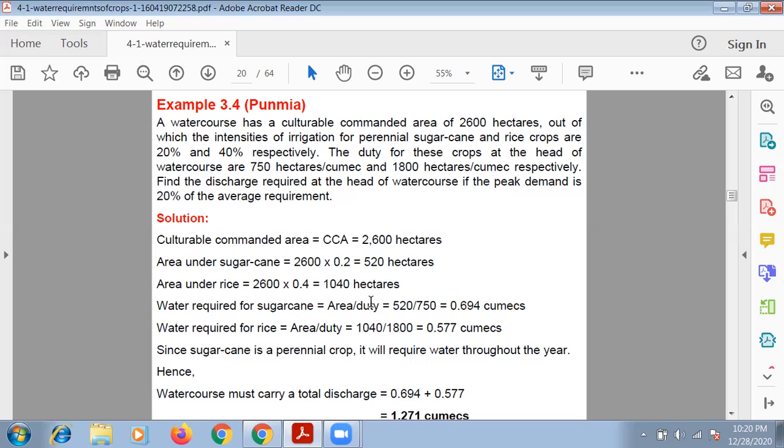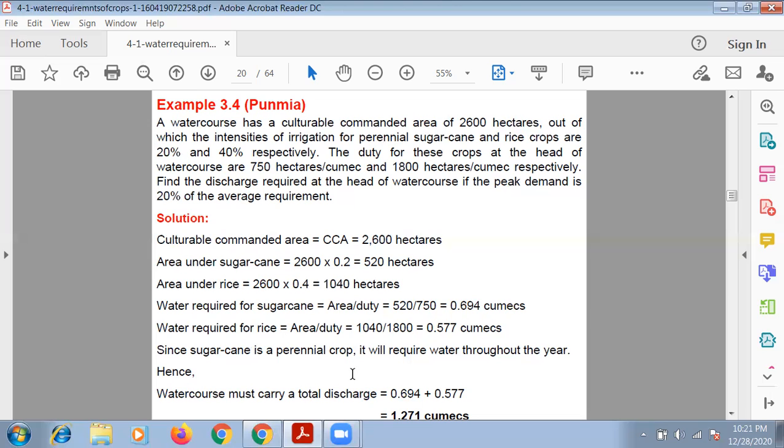So water required for sugarcane is area divided by duty. The area is given, that is 520. The duty for sugarcane is 750. So 520 divided by 750 would be 0.694 cumex. Cumex is nothing but cubic meter per second. And water required for rice is again area divided by duty, which is 1,040 divided by the duty. The duty for rice crop is 1,800. So 1,040 divided by 1,800 is 0.577